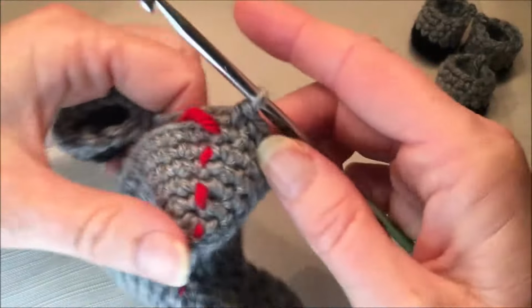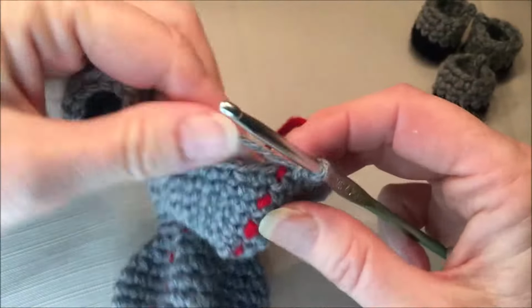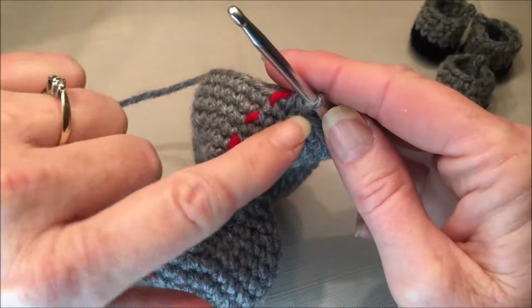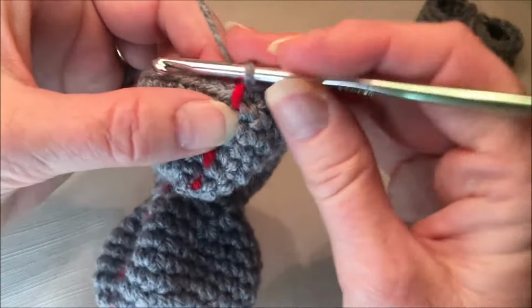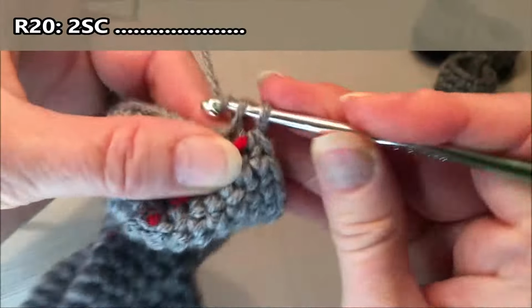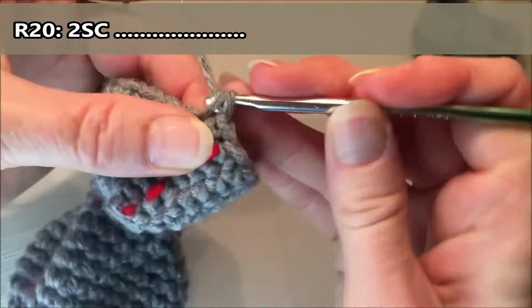To begin, because our stitches aren't quite in the center, we're going to start with 2 single crochets, and then we're going to add our leg, and when we get around, that 3rd single crochet will be on this side of the body. All right, so 2 single crochets, 1, 2, grab your leg,